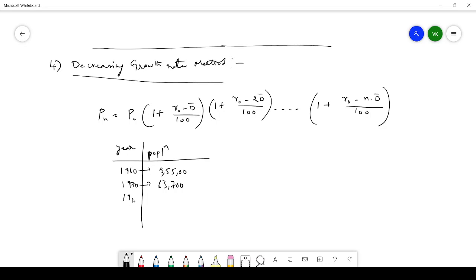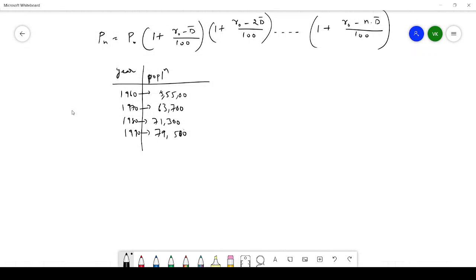In 1980, the population is 71,300. In 1990, 79,500. Okay, this is the population,